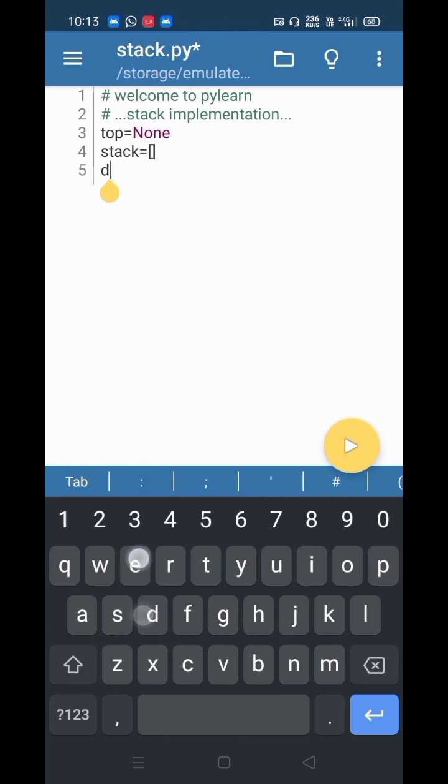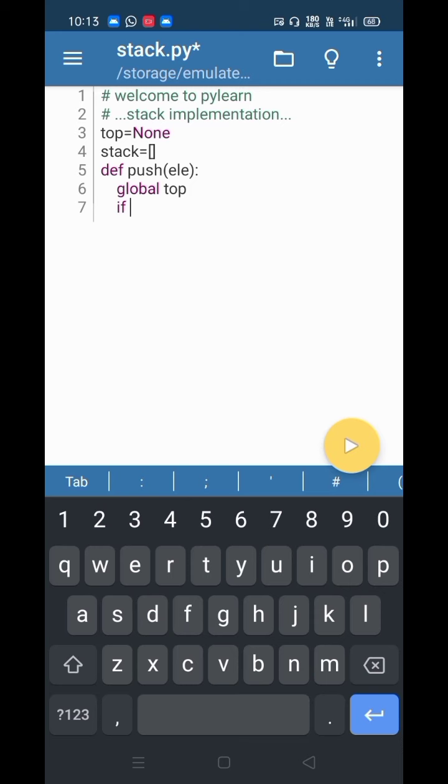Now we will write the function def push. In push we will take a parameter called LE, because we have to insert it into the stack. Now we will declare global top, because the changes we make in the function should refer to the main variable also.